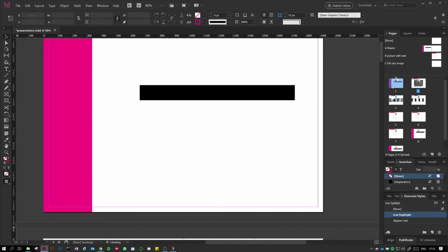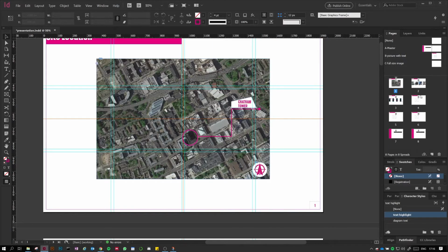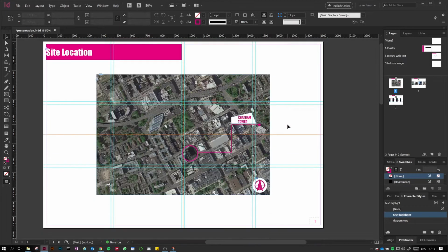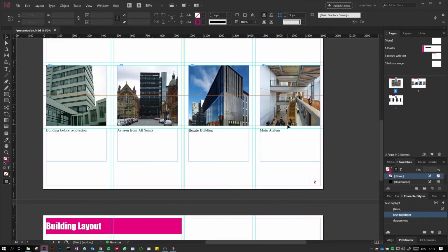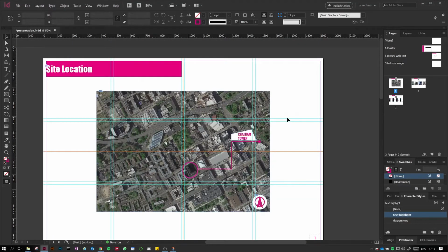So if you wanted to add the page number to this one, you just want to drag and drop the master B across, and now you can see the page number has appeared here. So this page I actually don't need, and because I want to export it with page numbers, I will delete it. And I will also go here and delete all the pages I don't need because they are just really unnecessary at this point. So I have created this very short, quick portfolio, and now I'll show you how to